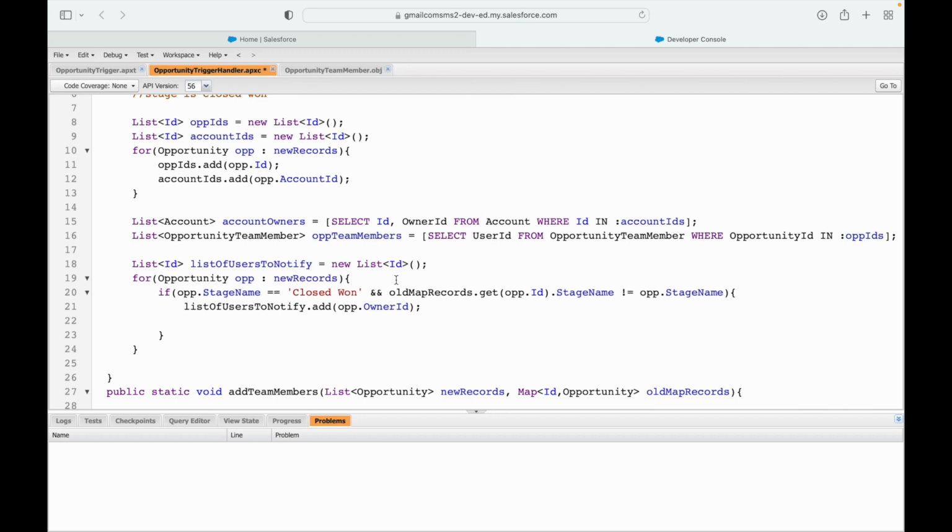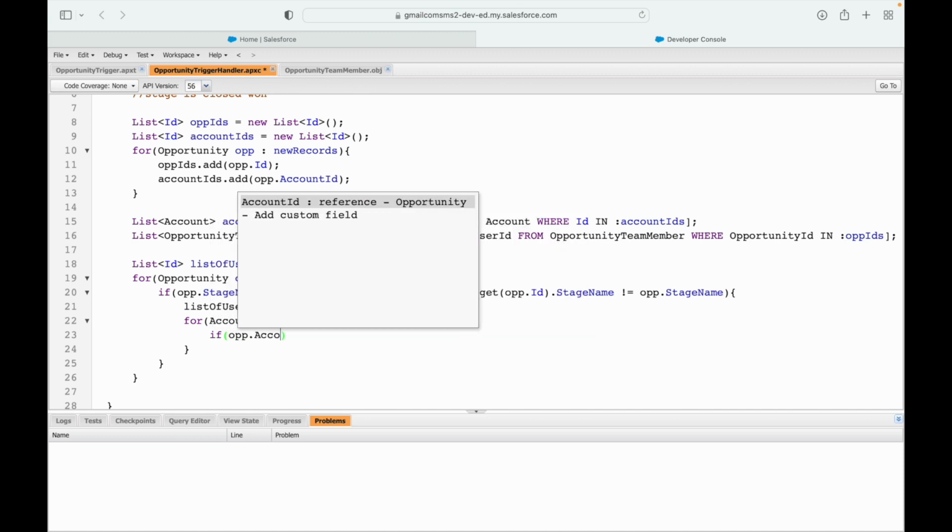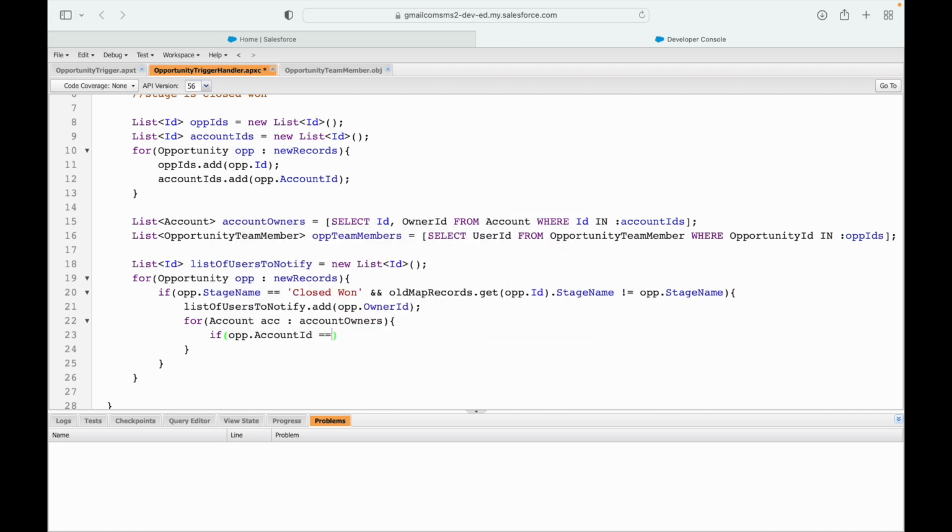So here what I can do is I'll say for each account ACC in account owners, if OPP.account ID is equal to ACC.ID, only then I'll say list of users to notify dot add ACC.owner ID. That will add only the owners from this particular account list who have been part of opportunity where the stage name has been set to closed one, right? Similarly,